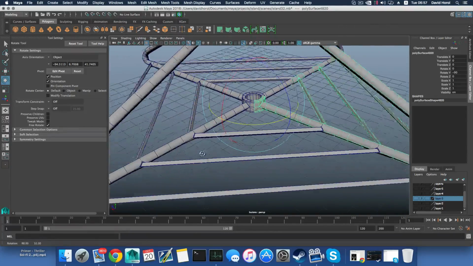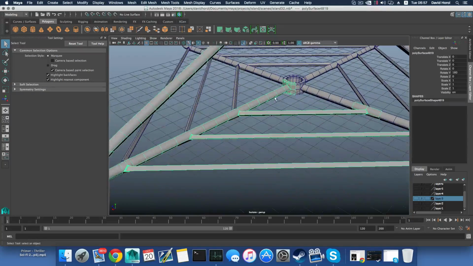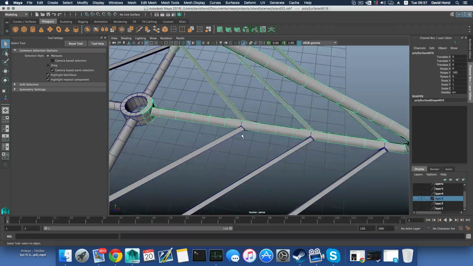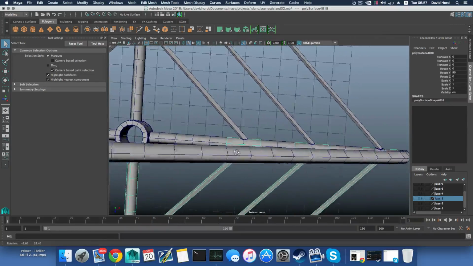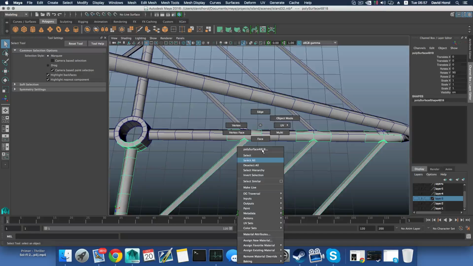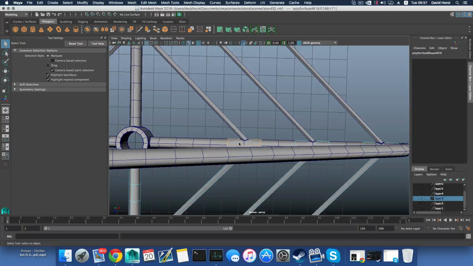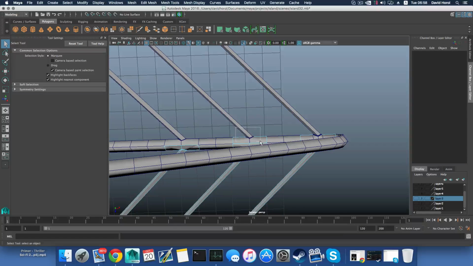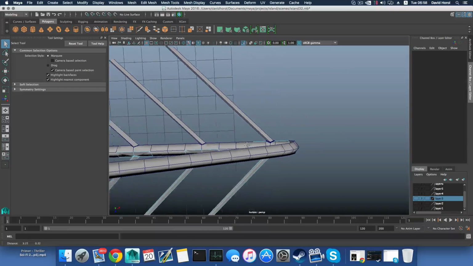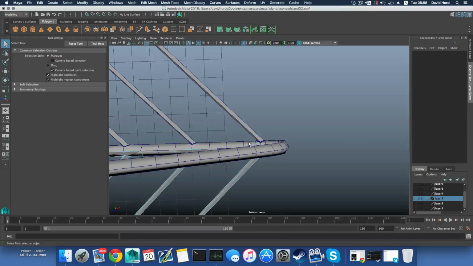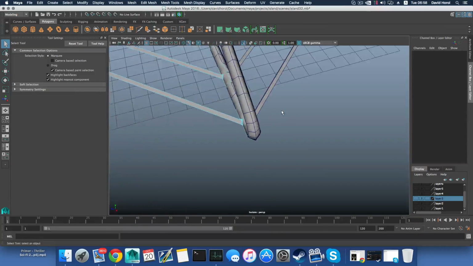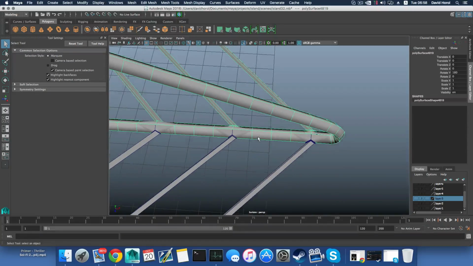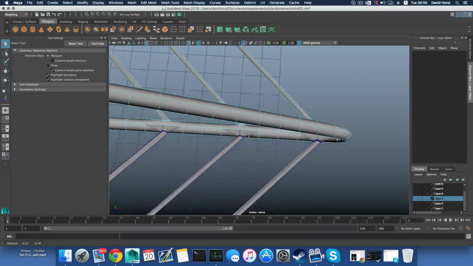The only problem we have is that for each one of these, if I grab this, I need to delete 2 faces from this one. So let's grab these, right click, choose face, I'm gonna get rid of these faces, delete. I'm gonna get rid of these two faces, delete. I'm gonna get rid of these two faces and delete. Let's move on to the next one. Well, no, not yet. Then I will select this one, right click, choose face, and I will get rid of